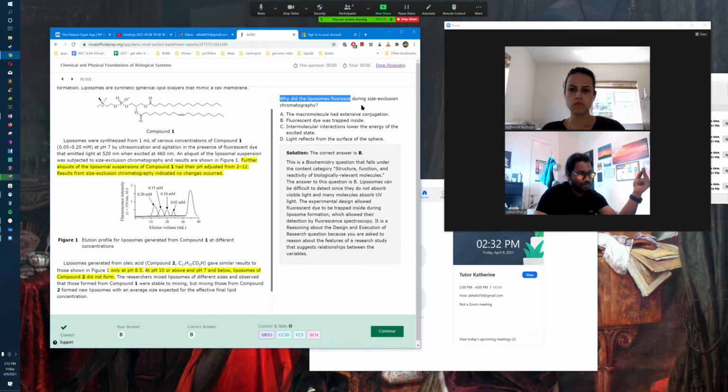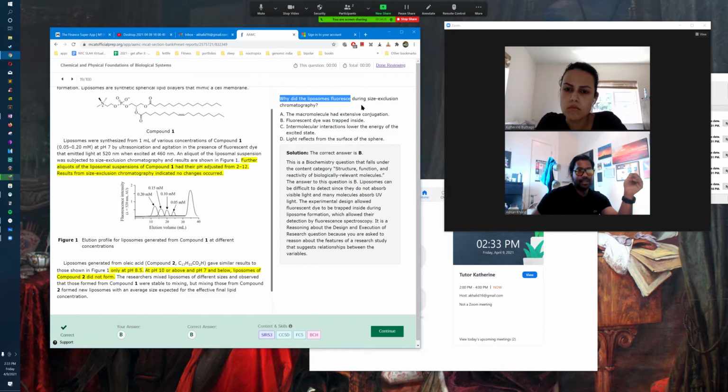So how can a liposome fluoresce? The only way that can happen is if the fluorescent dye went inside of the liposome and did what it does. And why did they put the extensive conjugation of the macromolecule? So that's if you're asking about the fluorescent dye itself. Oh, I thought they were referring to compound 1 though. Yeah, that's just an answer choice. That would be the answer if they asked why does the fluorescent dye